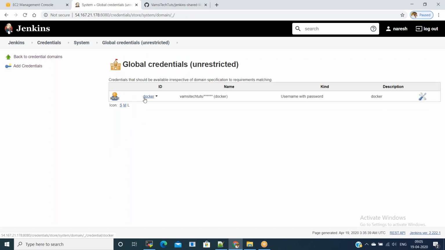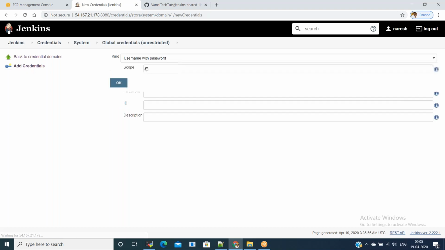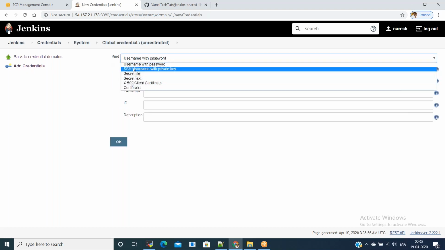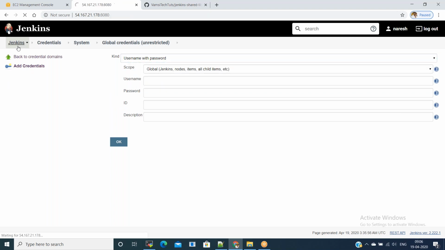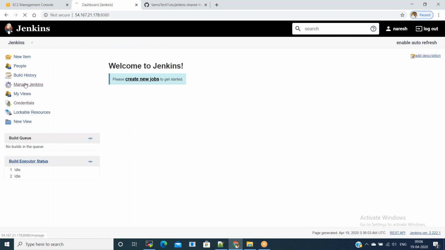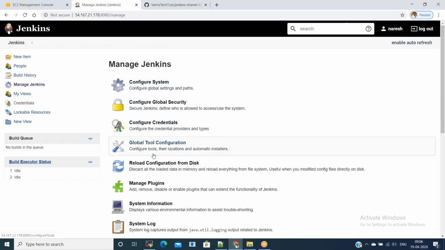Now we integrated Docker credentials in Jenkins, and we need to integrate the Kubernetes config file as well, which we'll call kubeconfig. Go to Add Credentials, and in the kind, select kubeconfig. The kubeconfig file option is not there. Let us go to Jenkins and install the Kubernetes plugin.